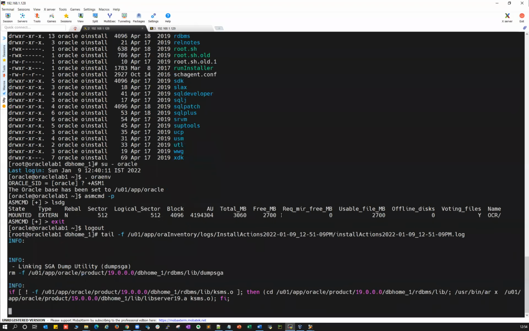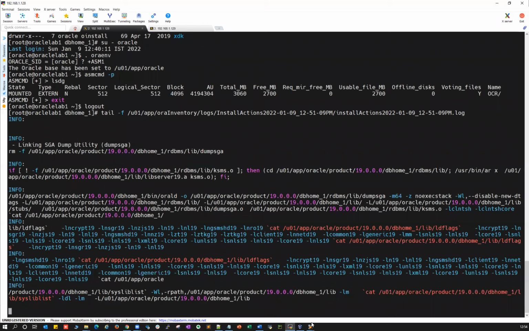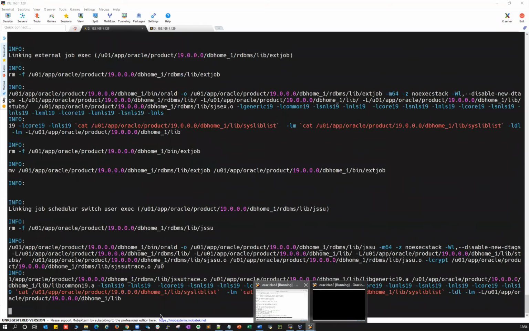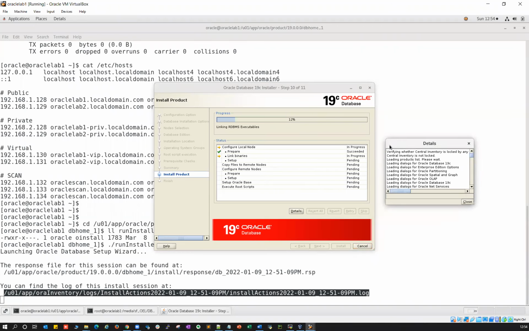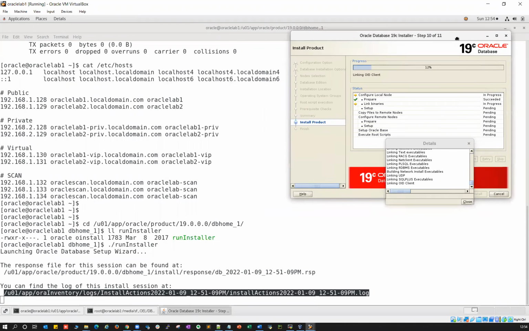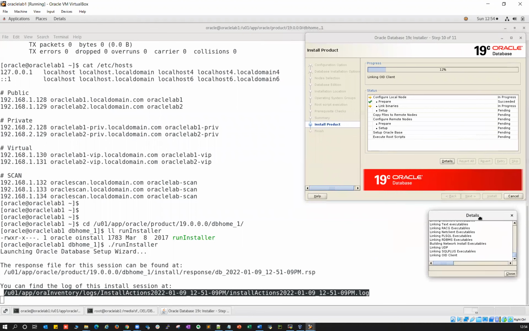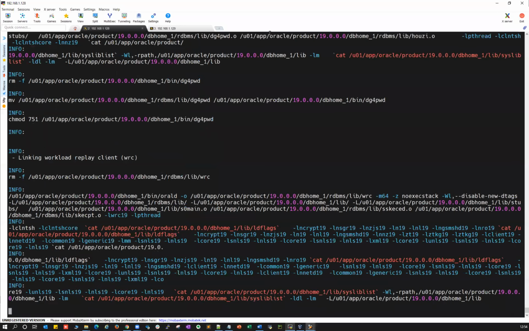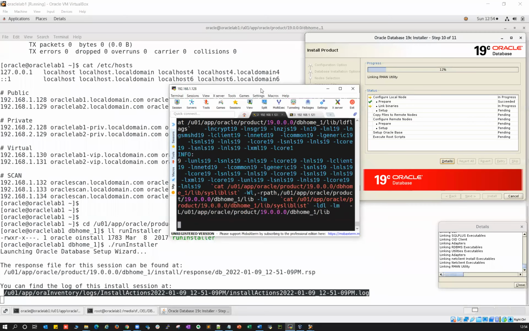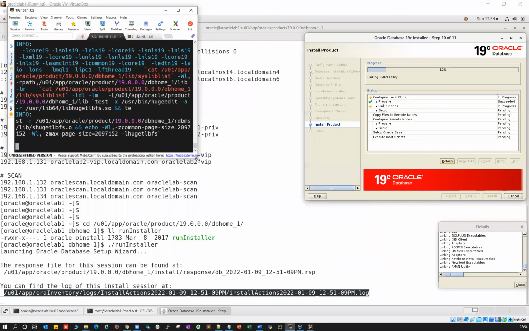This is the Oracle Home installation log file. You're seeing all of these executables. I can make it a small screen here so that you can watch side by side.